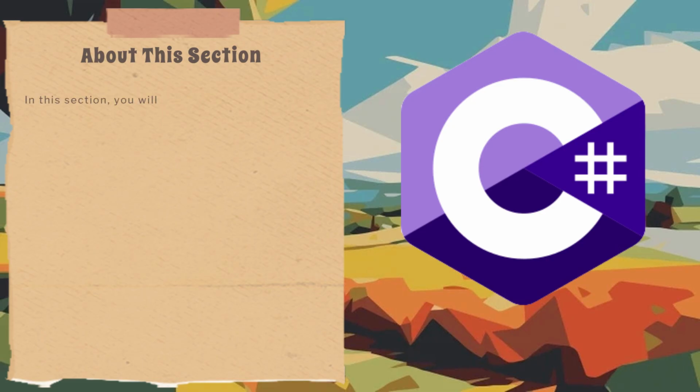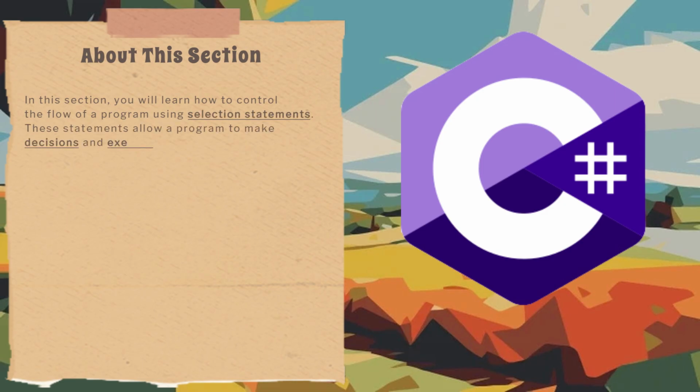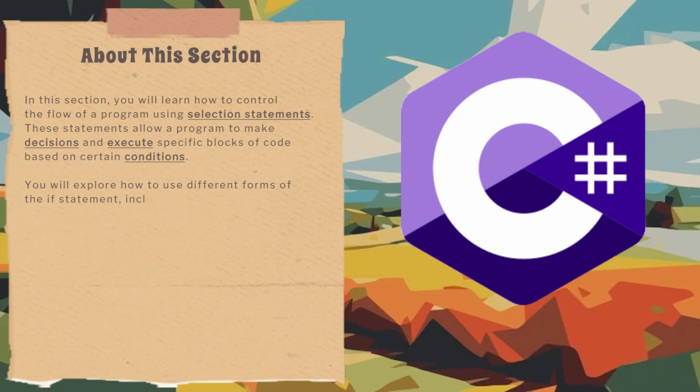In this section, you will learn how to control the flow of a program using selection statements. These statements allow a program to make decisions and execute specific blocks of code based on certain conditions. You will explore how to use different forms of the if statement, including the basic if statement, the if-else statement,